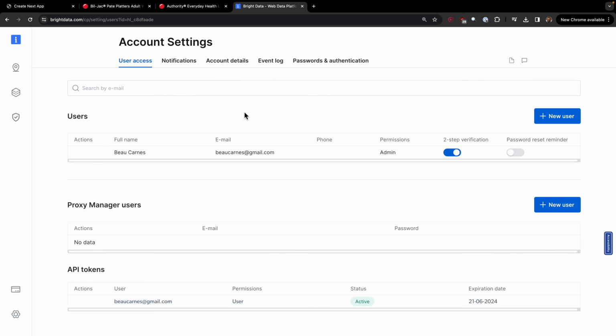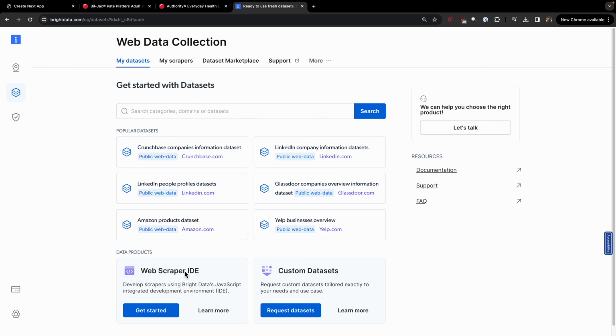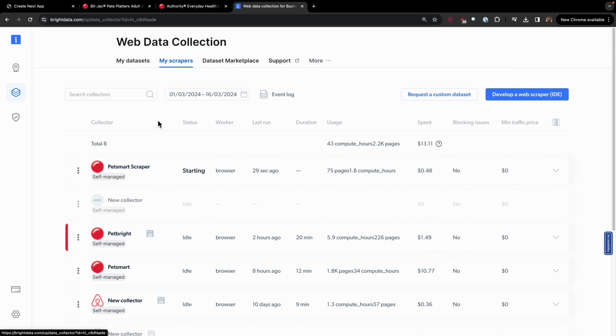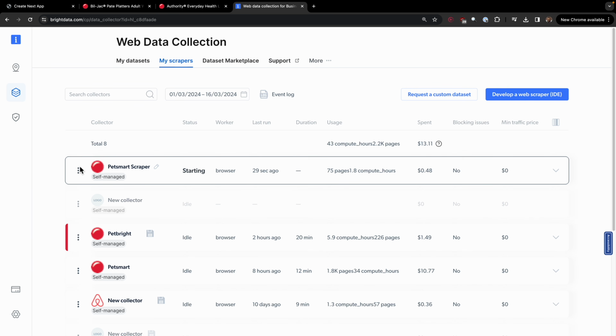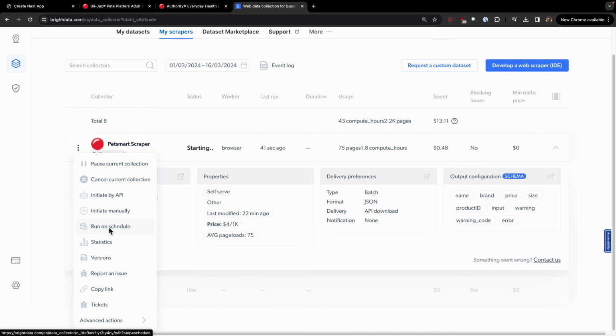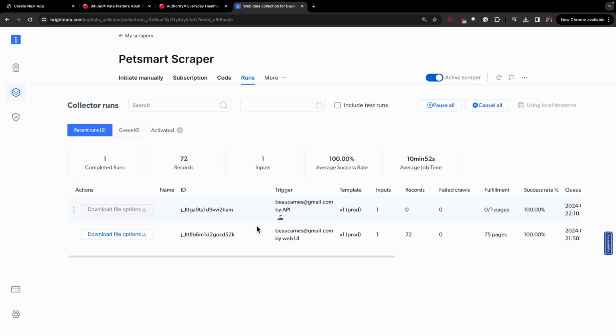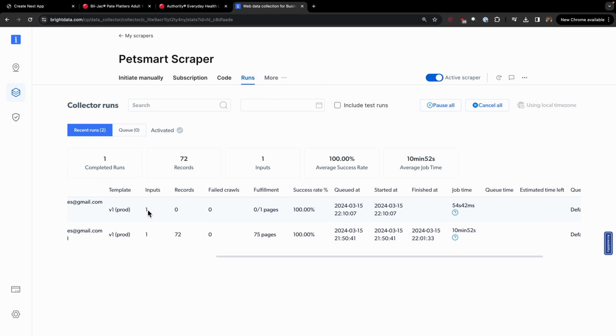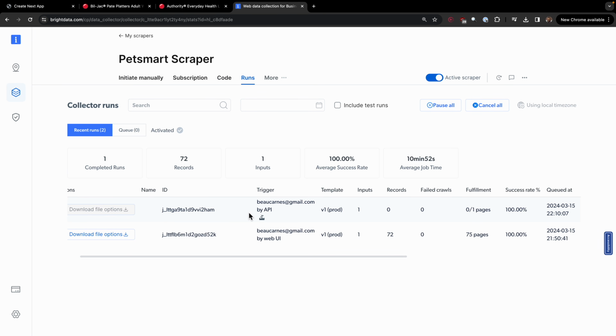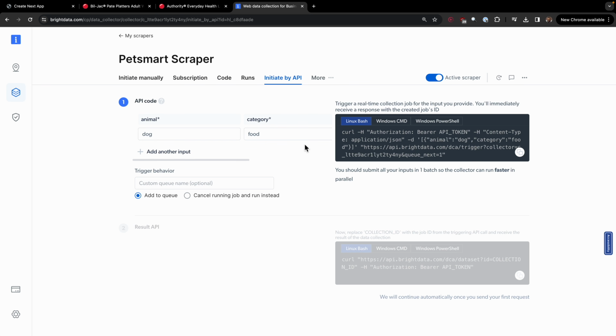So if I go back over to this, let me go to my scrapers. And then actually I'm going to go to runs here. And you can see it's actually running right now. It's running via the API. And if I go back over here to initiate via API, we can see there's also a